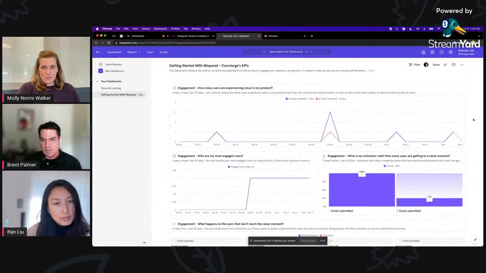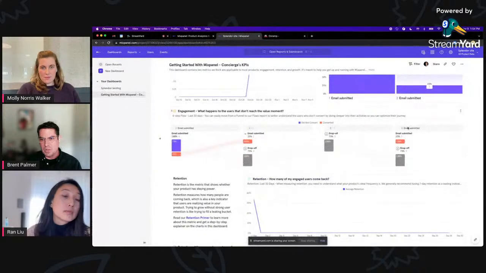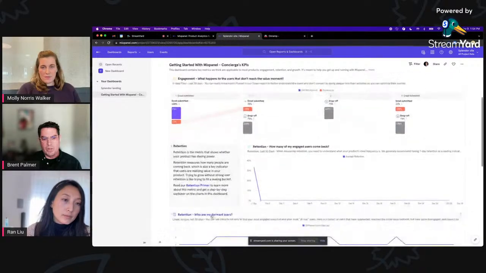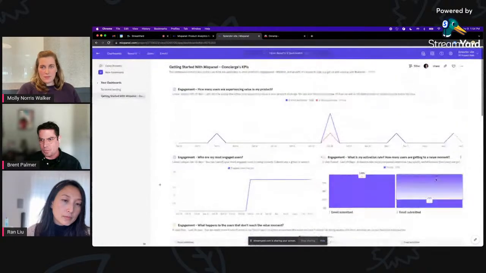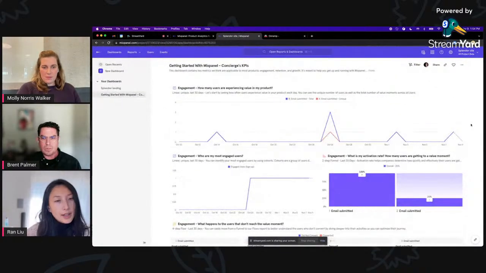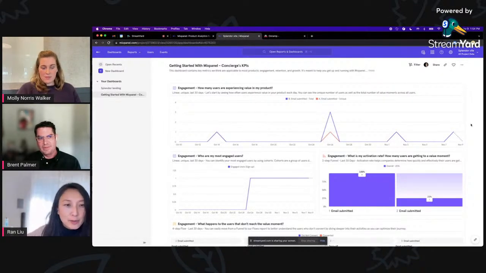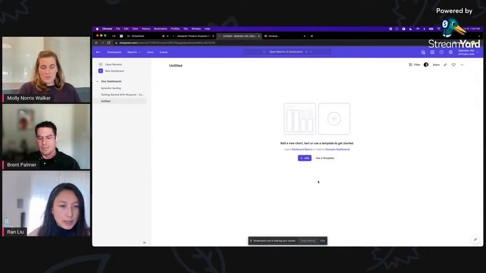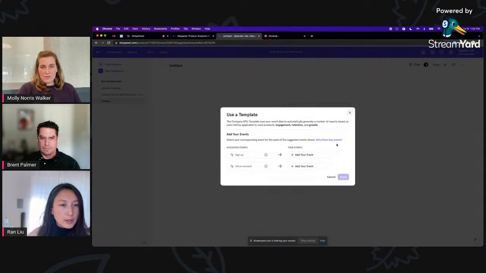But yeah, for the most part, how many clicks was that? Three clicks and you get this, and then you can start rearranging this or deconstructing this or making it your own. Yeah, love it. I definitely had an aha moment when you showed me clicking that. I really like that you ask the user to select the two events, the value moment. I feel like that's some built-in education there, because less sophisticated users are not going to know what events they should be interested in.